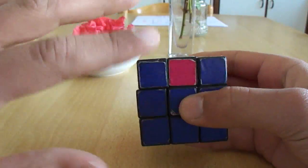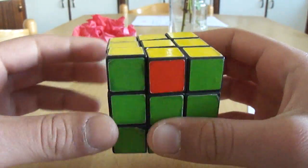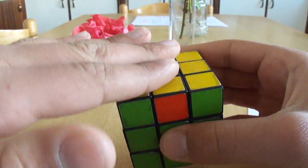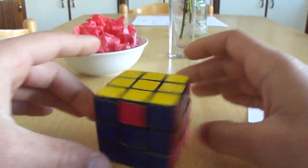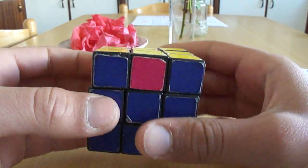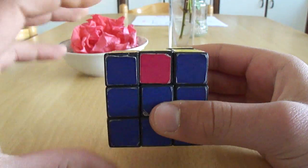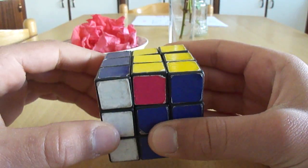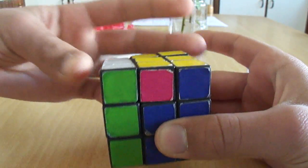Now I don't have any finished side, so I'm just going to hold the cube any direction I want, but of course the yellow is facing up and the white is facing down. Any direction, and I just do the algorithm. Okay, the algorithm is left 180 degrees, top counterclockwise,